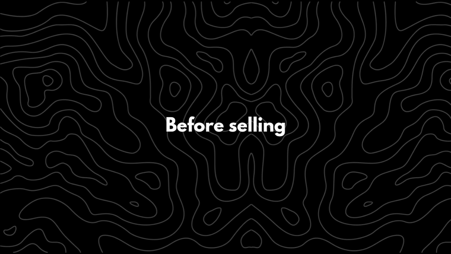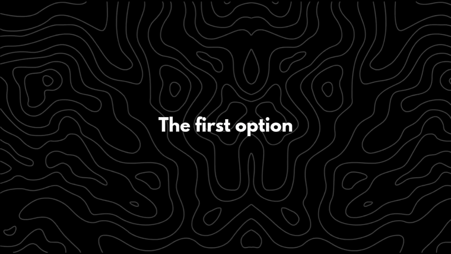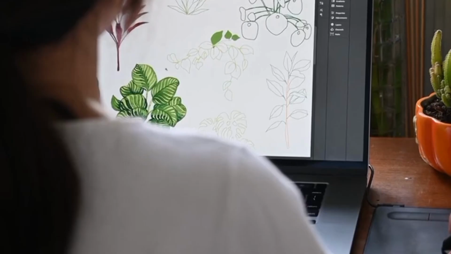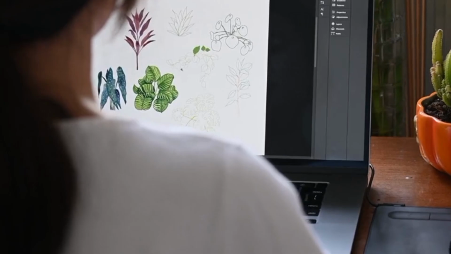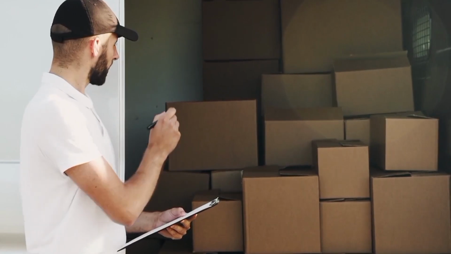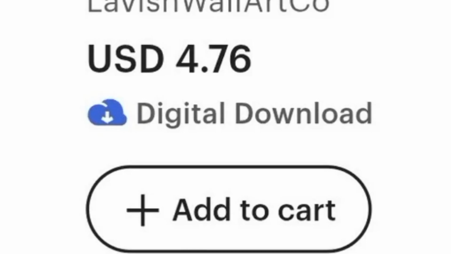Before selling a product online, it's essential to decide on the best format to offer it. The first option is digital products, which are often sold as PDF files. Once you create and list a digital product, you can sell it an unlimited number of times without worrying about inventory, shipping, or production cost. However, the downside of selling designs as digital products is that they typically have a lower price point, which can reduce